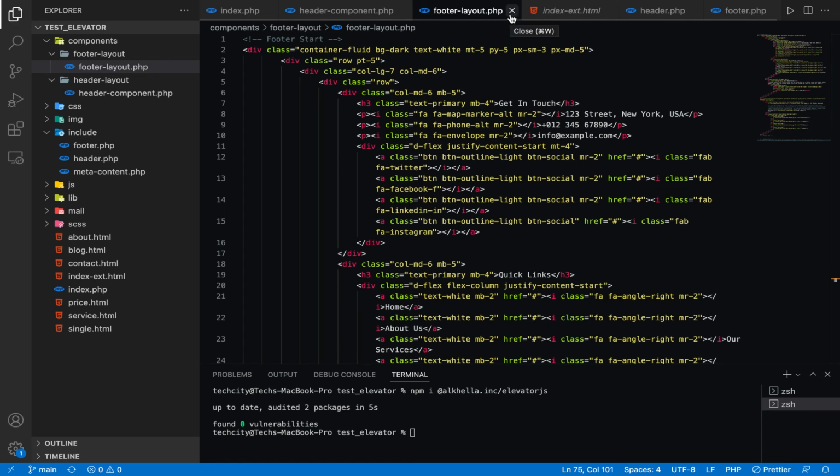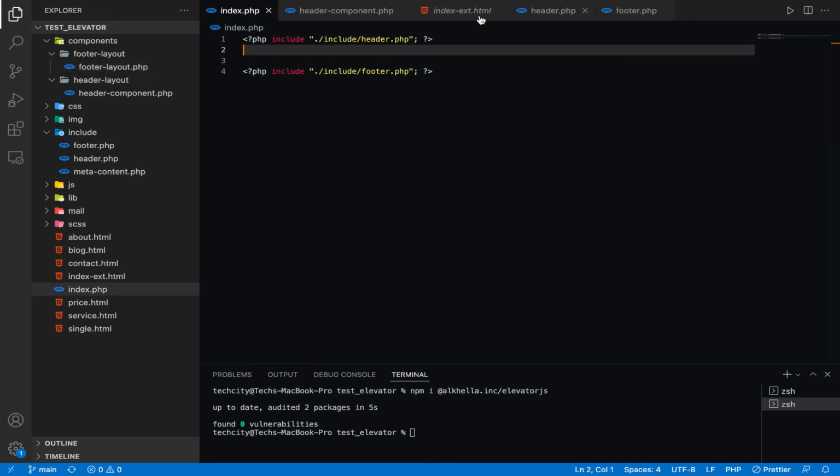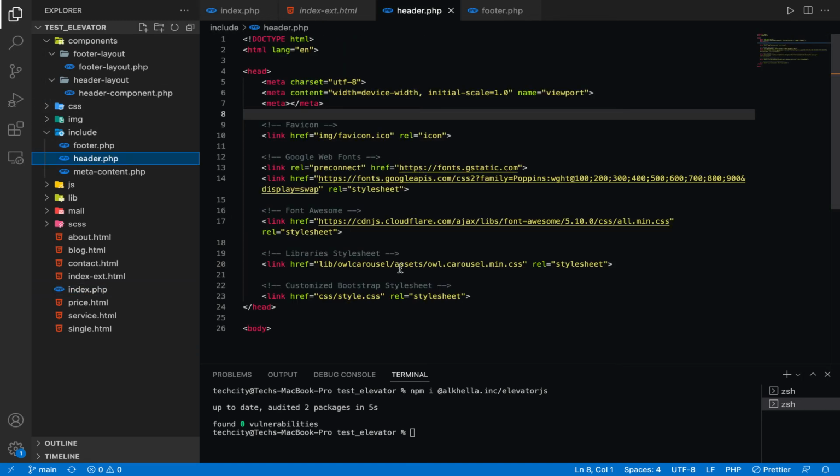Now you need to focus on this. We need to remove the header and footer from the pages. First of all we will just create index.php and the others. Now in header.php we need to